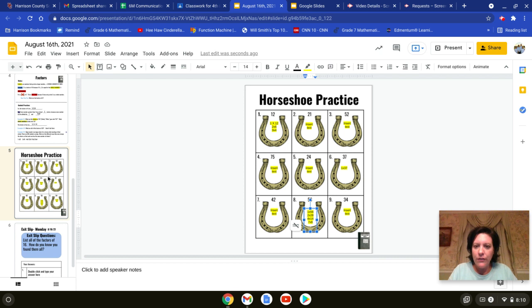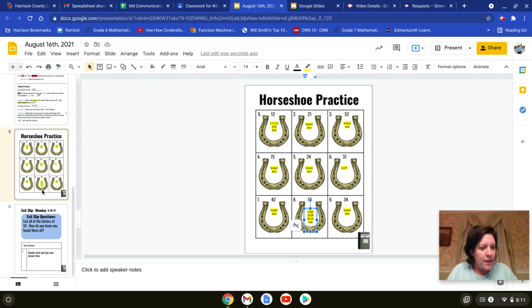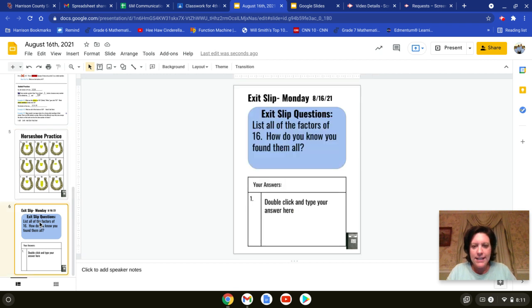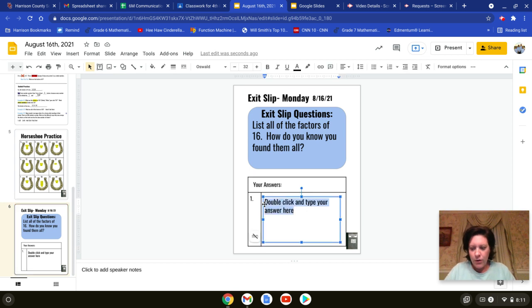This might be challenging for you. Try some of these, see how you do. And then finally, your exit slip today says list all the factors of 16. So I want you to list them all, go in order. And then when you run into yourself, that's how you know you found them all. So when the numbers are side by side, or when